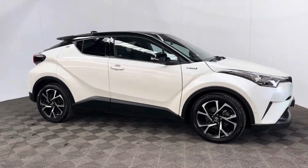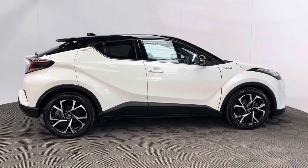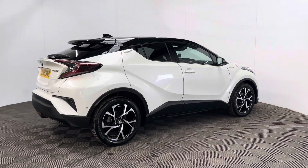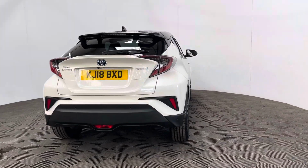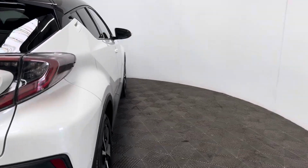This car comes with the 1.8 petrol engine with the hybrid system and also the automatic gearbox, which is ULEZ compliant, returning up to 60 miles to the gallon. This is a one owner vehicle, having covered just over 17,000 miles and comes with full service history from Toyota. This particular colour is the Accent White, and as you can see is in really good condition for the age